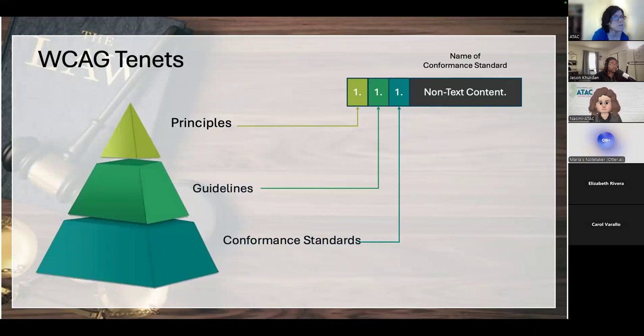You can go, okay, well, in order for something to be perceived with more than one of my senses, what exactly are we talking about? So we may be talking about images, video and audio content. If I have black text on a black background, I'm not going to be able to see that. And so all those specific things that go into what makes something perceivable are your guidelines,